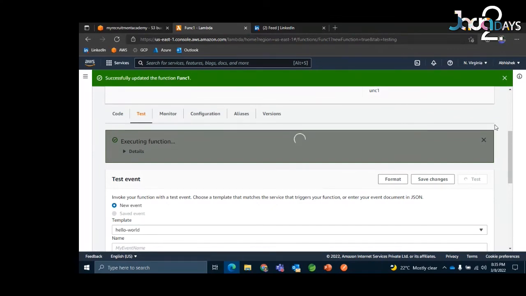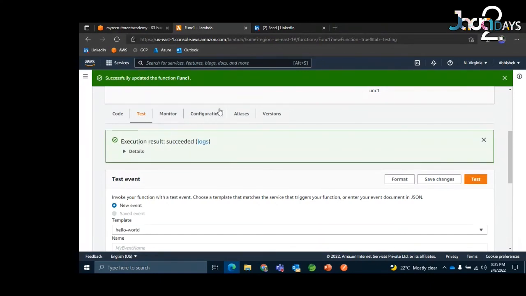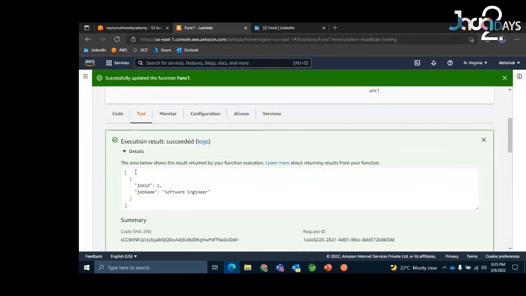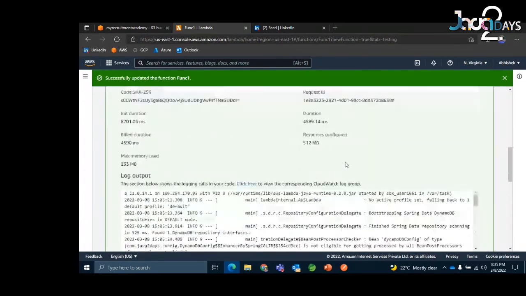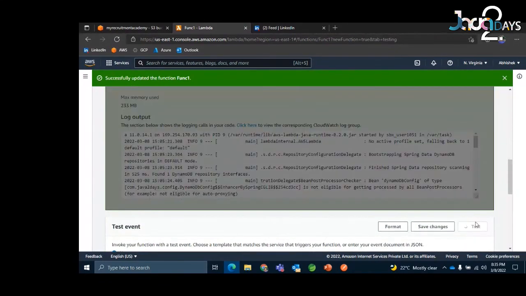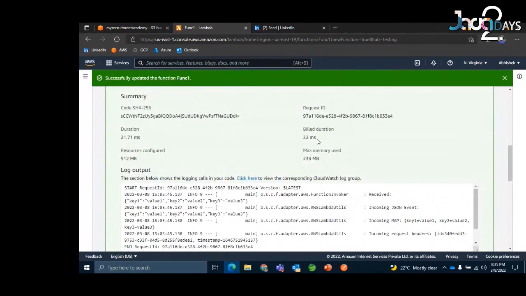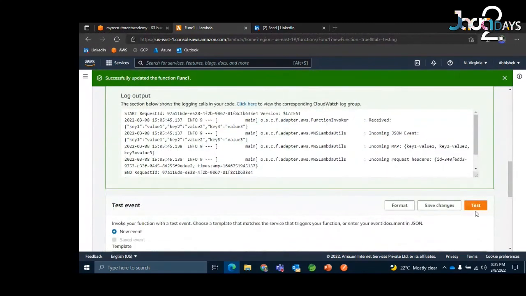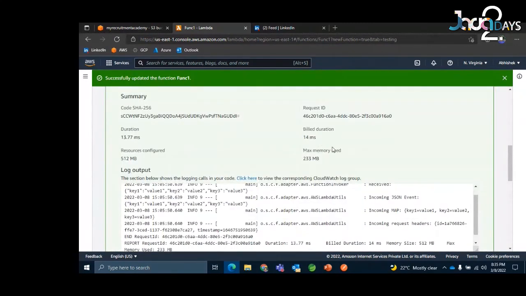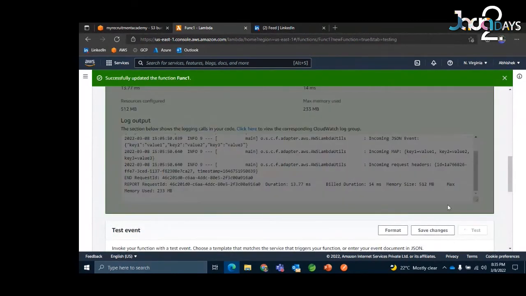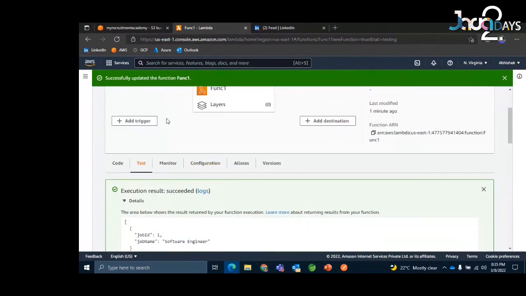Only one function has been deployed, not the whole application. And you see, it's success. We are able to get this output, software engineer. The first request took around 4500 milliseconds, but the more consequent requests you make, the time will come down to very small, 22. The first request will take more time because of the cold start period, but all other requests are going to be very fast. So we were successful in this.